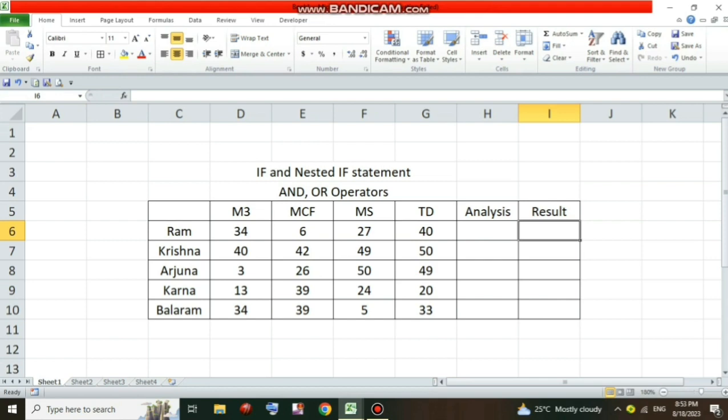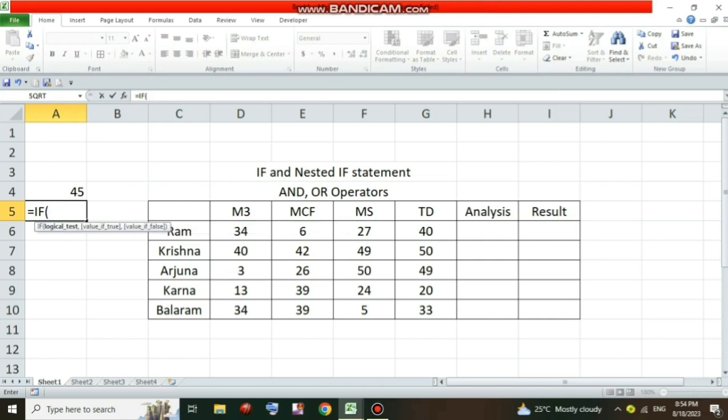OR operators and all. First of all, the if statement is basically used to give two results, let's say any two things, for example yes or no, true or false, pass or fail, something like that. Let me first illustrate that with an example. For example, let's say in cell A4 we have the number 45. Using an if statement,